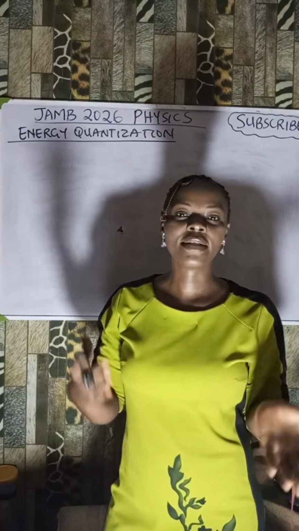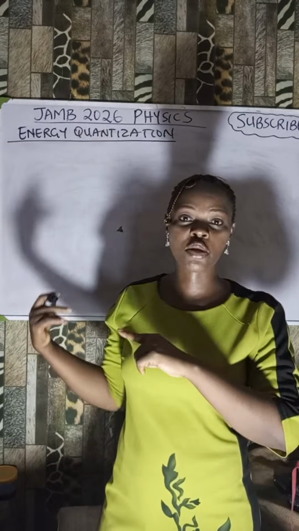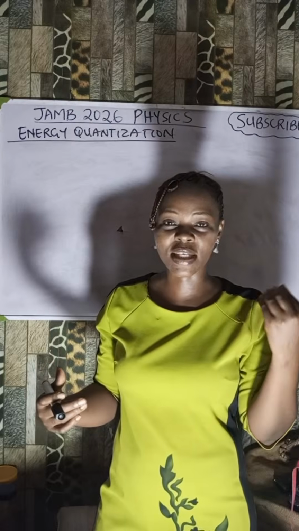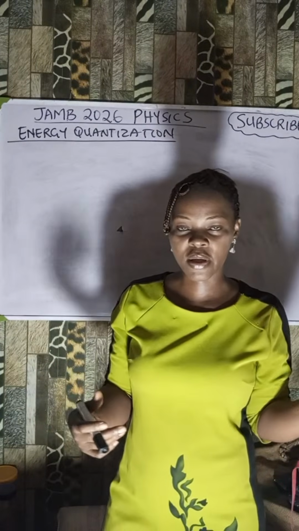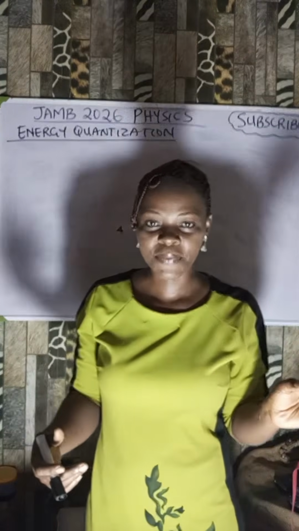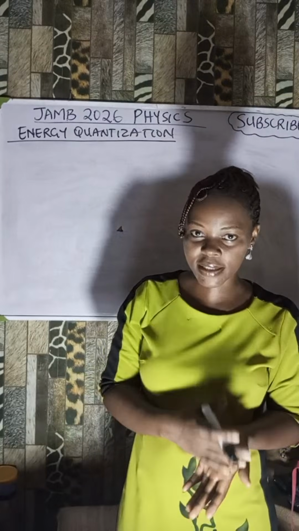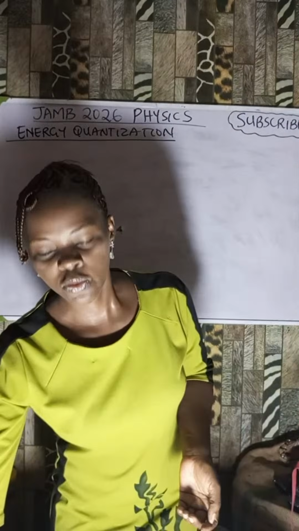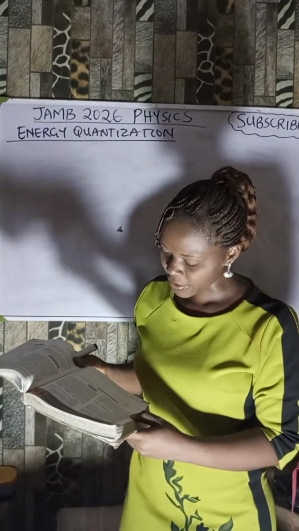Photon. And that is what we may be asked to calculate under this topic called energy quantization. So that energy that atoms emit is said to be a photon or quanta. Okay, it's a quantum of light that has a characteristic frequency, or we may be asked to calculate it as the energy released. So I'm going to write some things down so that you can use it to